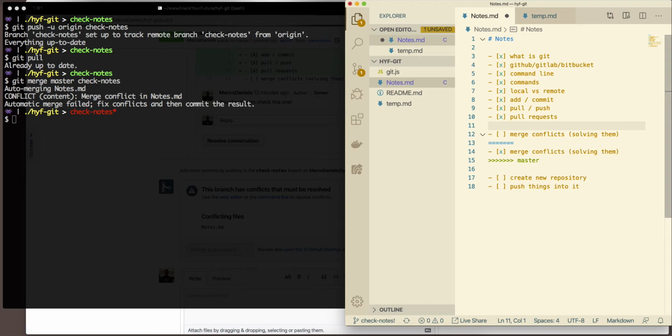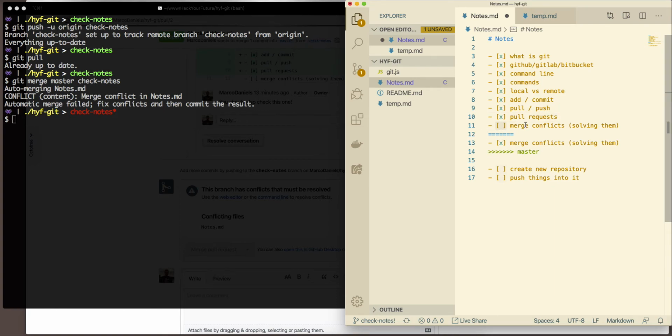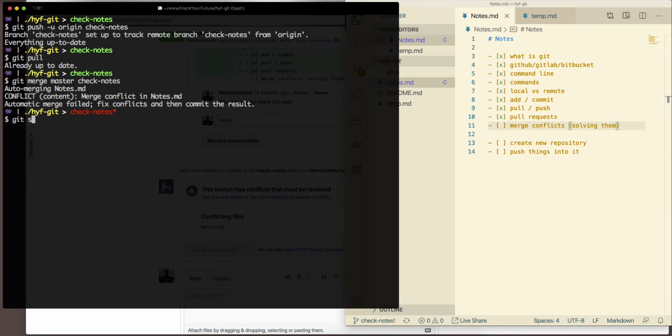So basically now we need to choose which one we want. And the one that we actually want, for some reason, is our previous one, because we have not talked about merge conflicts fully yet. So now if we say git status here,